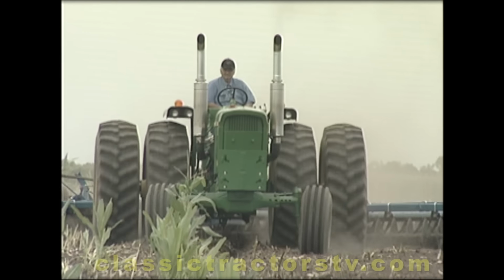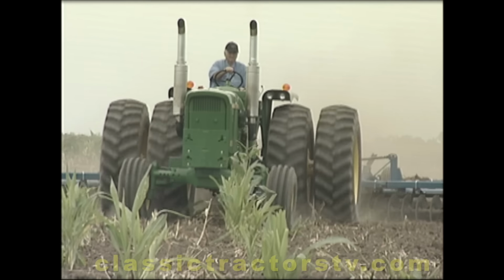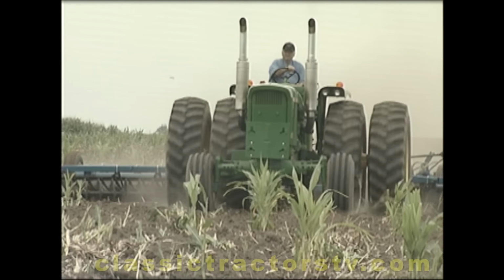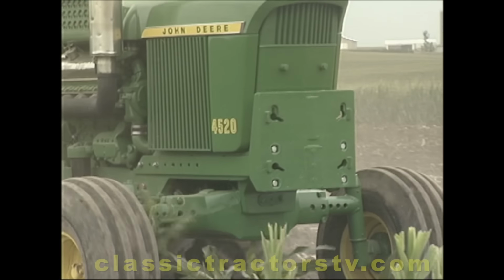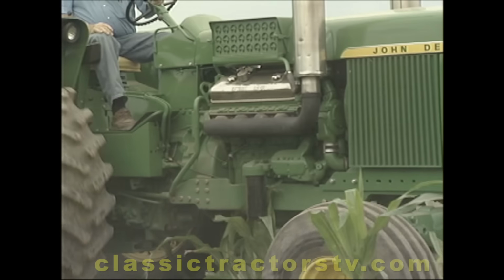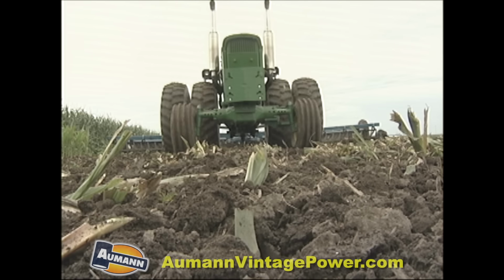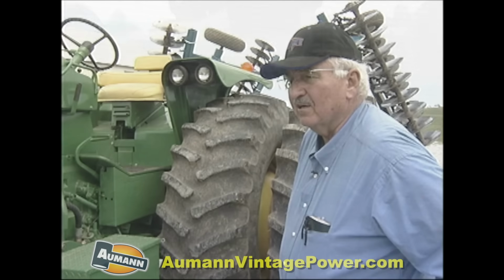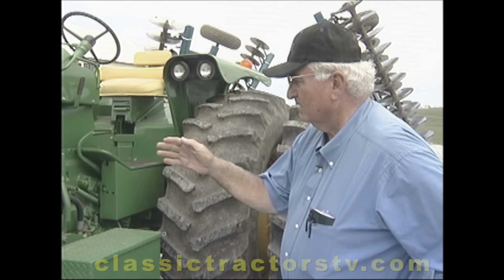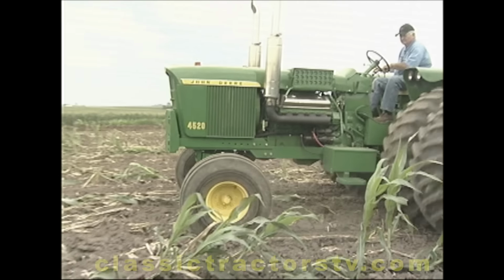No doubt this green machine is the definition of more power, with a beefy Detroit 8-cylinder engine that helps make the 4520 a speedy workhorse. This engine in this tractor developed approximately 125 to 135 horsepower, and when we got done with it, we took it to 235 on the V6. In this case, over 320 or 318 horse on the 318 V8, and so it really wakes it up, and it'll walk out there